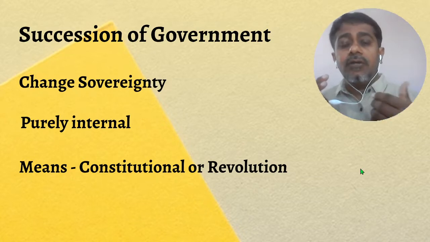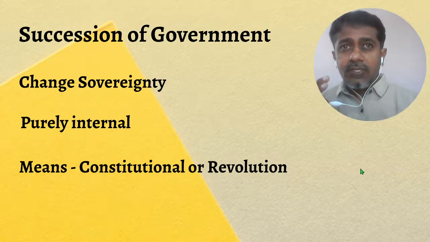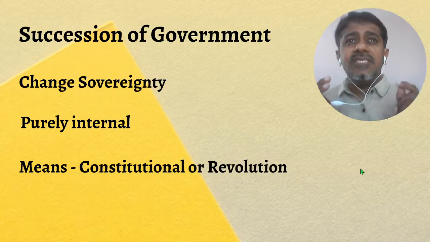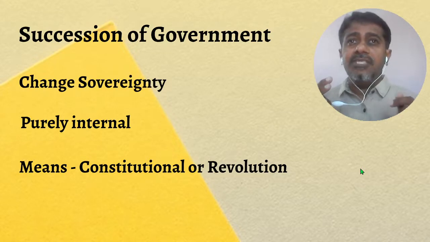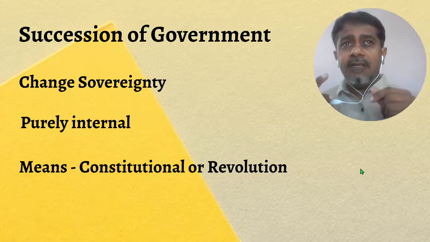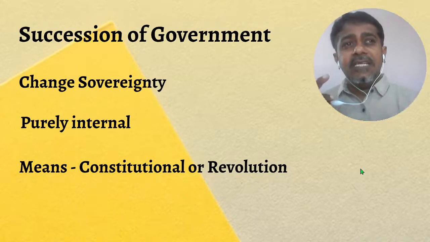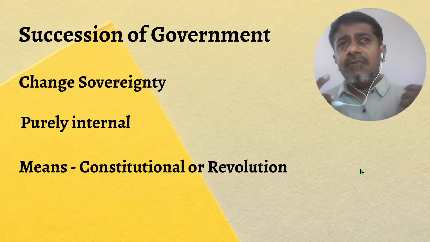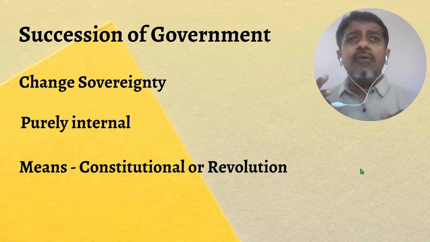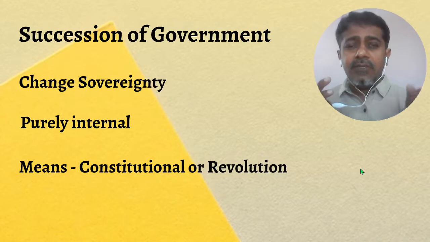Revolution or constitutional change. Revolution, one more example I can give as to how there is going to be succession through revolution is something which happened in China. China remained the same state as it was earlier, but internally there has been a change. Earlier there was a government regime which was overthrown by a revolution, and the present regime of the Communist Party came in. So that is an example of